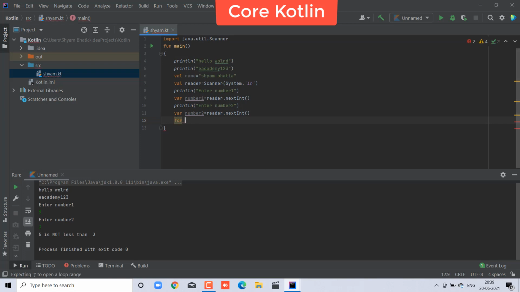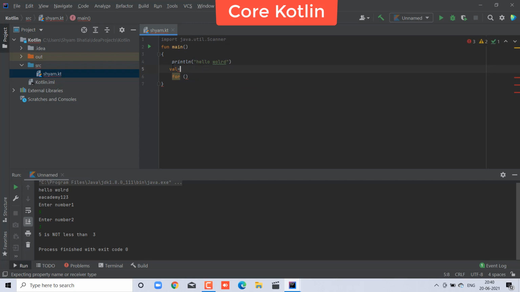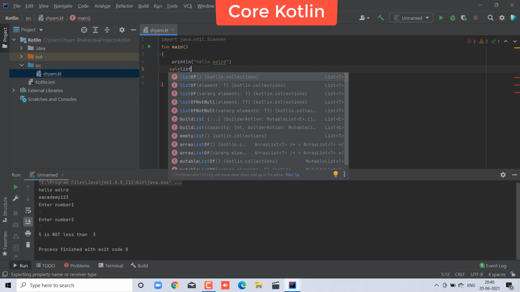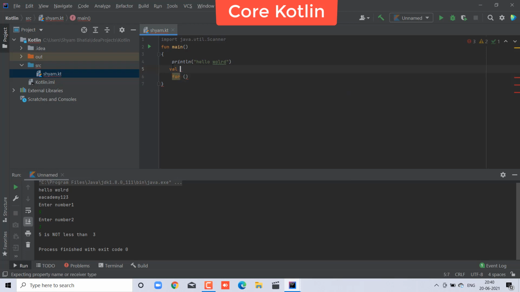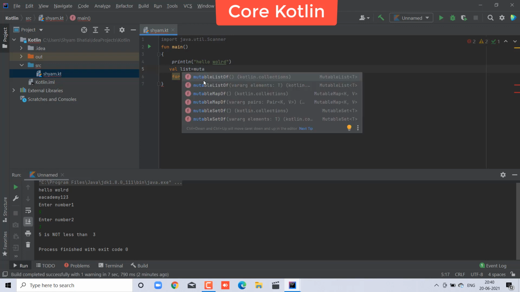I will take another, nothing but just a for loop. Inside the for loop, here you will type, well, equal to, create any list. Let's say you create a list, and inside the list give many values, whatever you name.